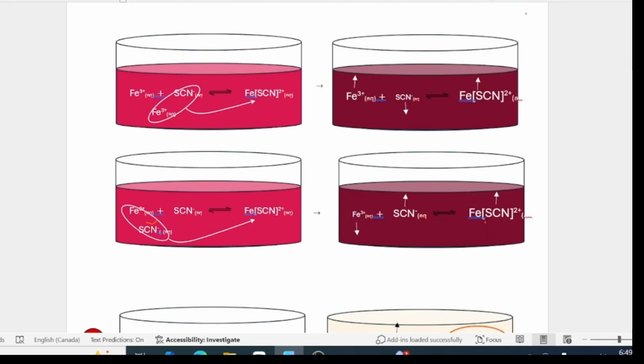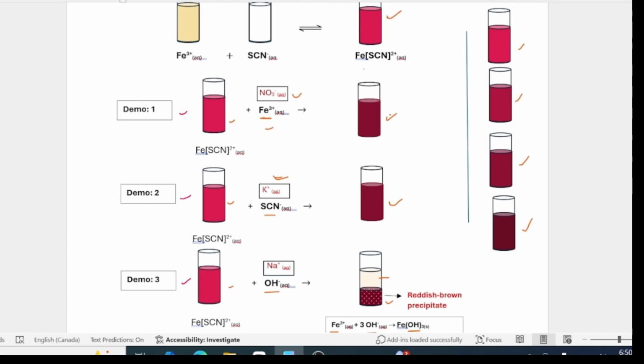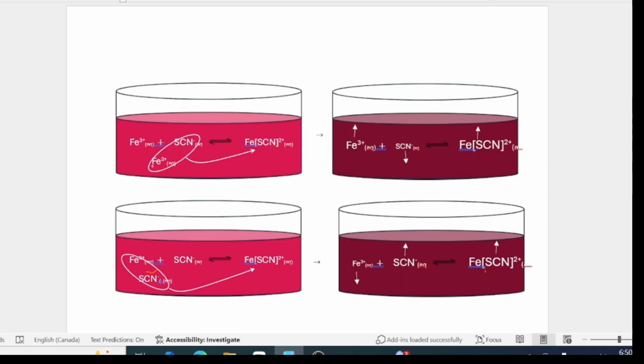These figures, along with Le Chatelier's principle, will enable us to explain the observations that are made in each of those 4 demonstrations. In the first demo, iron 3 ions were added to the equilibrium mixture, as indicated here. And of course, the solution turned darker in color. When iron 3 ions were added, we were actually increasing the concentration of a reactant. According to Le Chatelier's principle, if the concentration of a reactant is increased, then the equilibrium should shift to the right